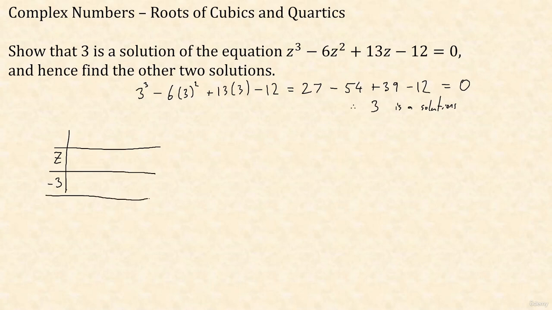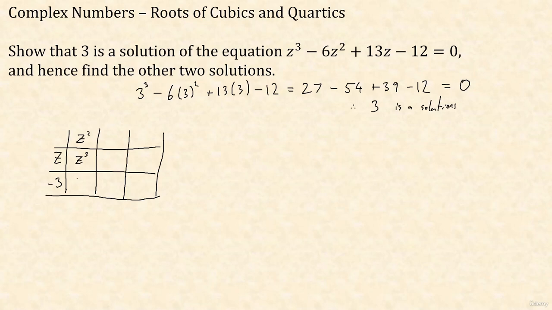If you're not familiar with what I'm doing here, you can just use long division, and that will work fine. For those who do know this, you'll know that I'm trying to get my cubic to appear inside the grid, and I want z minus 3 times some quadratic up here to equal this cubic. So my cubic term has to be here, so that's z cubed, meaning it's going to be z squared here,